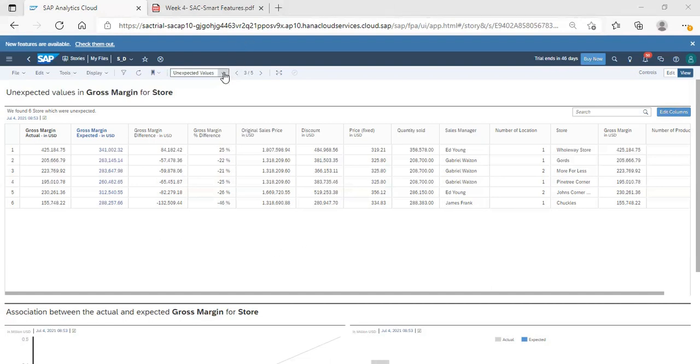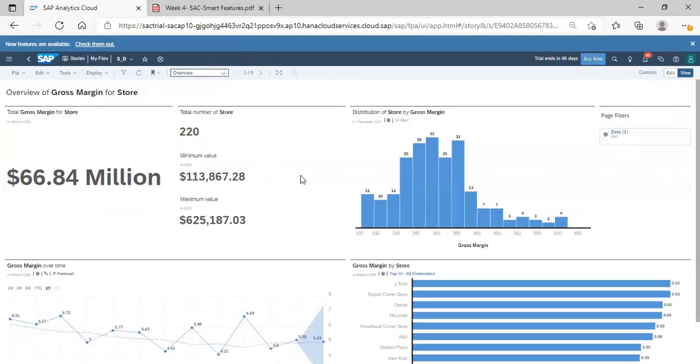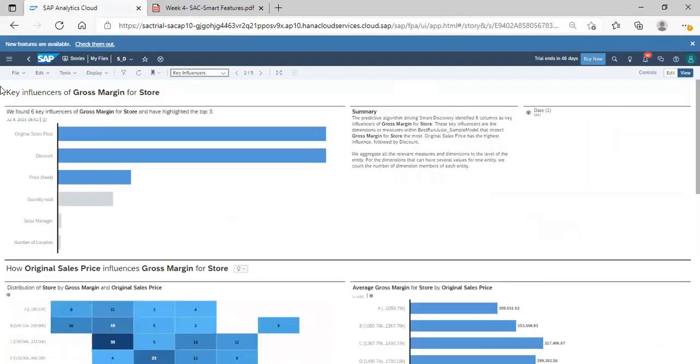So Vivek, if I understand you correctly, in the story level, when we have forecast, it is related to a point, and here it is for gross margin, considering everything. So these are the unexpected values for the gross margin for the selected key influencers.